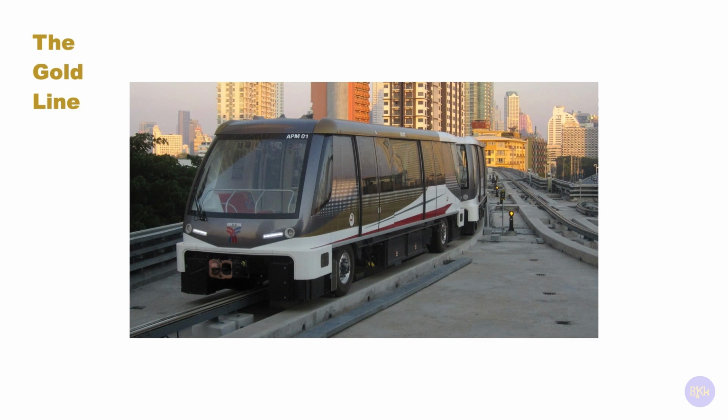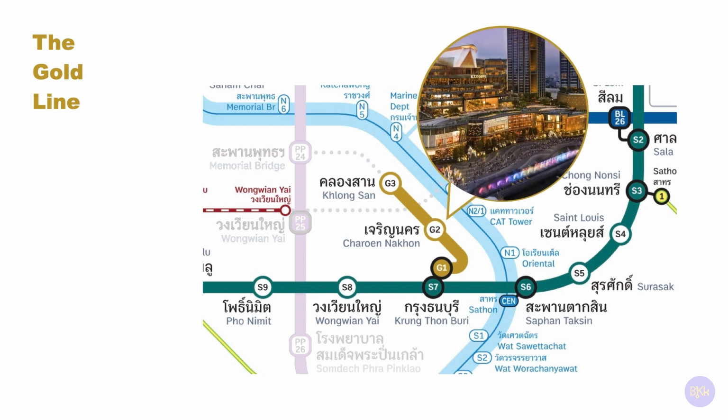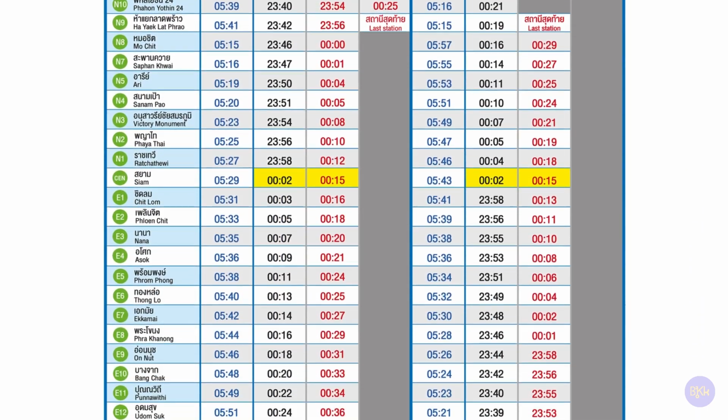Slightly different from the other two, the Gold Line is an automated people mover put to use since 2020. This line is 1.8 kilometers long, with 3 stations from Klon Thonburi to Klon San, and serves Icon Siam at Sharon Nakhon Station. Of course, each station has different timetables, but both the Sukhumvit line and the Silom line start